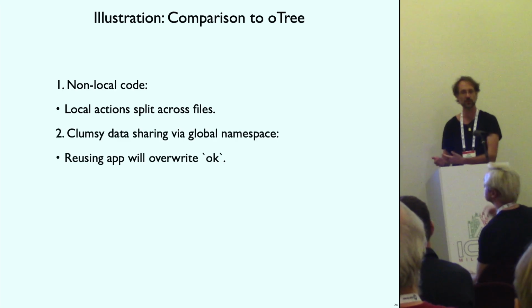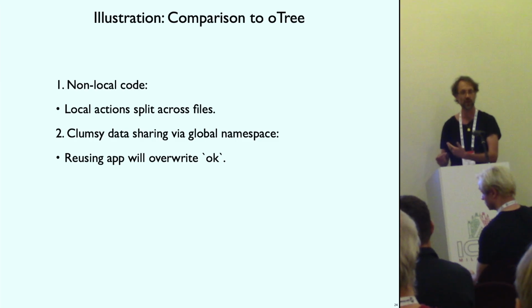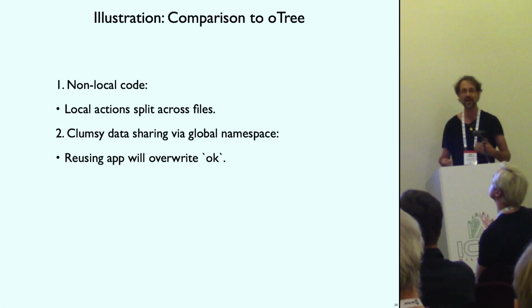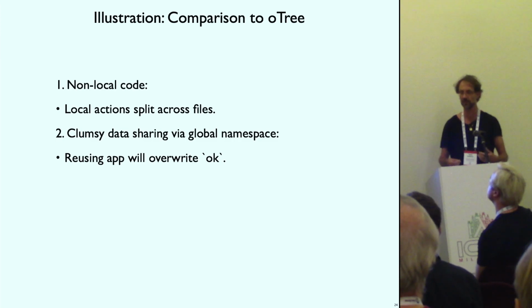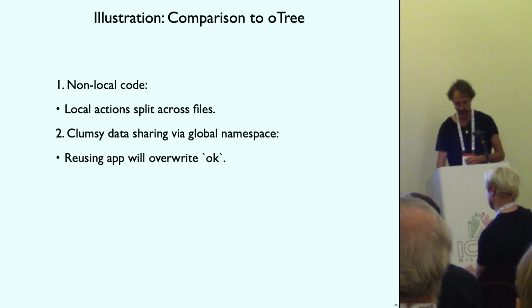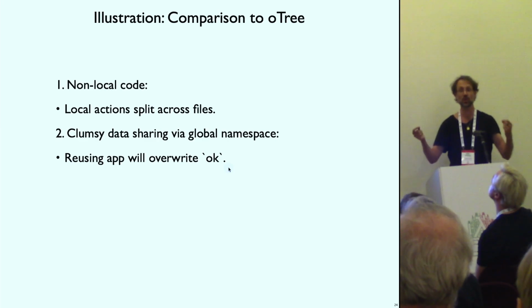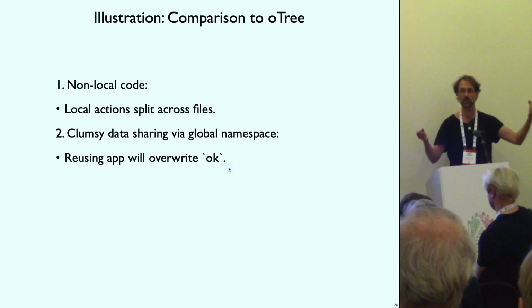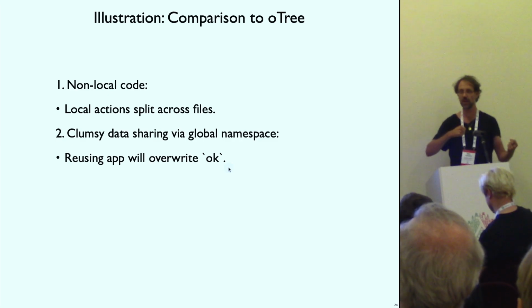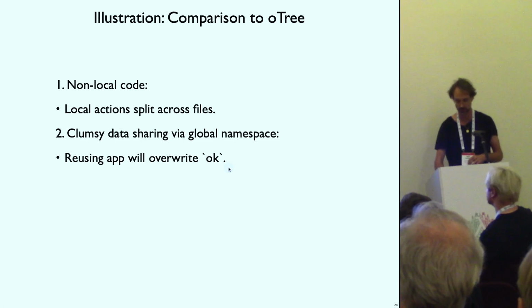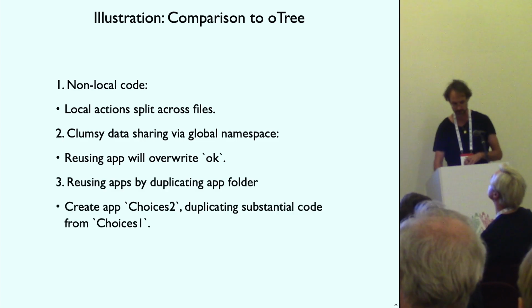Secondly, I talked about the data, the global variables, when you want to share them. You essentially always pollute the global namespace. There's no way of not making it global once the variable has to be shared between apps. And of course, that leads to a lot of problems in reusability, because if there's 2 apps that call a variable OK to talk to each other, then you're going to overwrite that variable for one while the other one is unaware that you overwrote it. Right? So this is a standard problem with global namespaces.